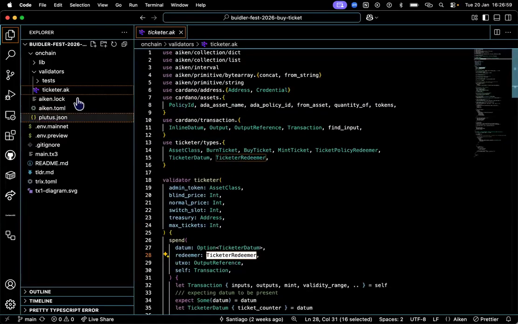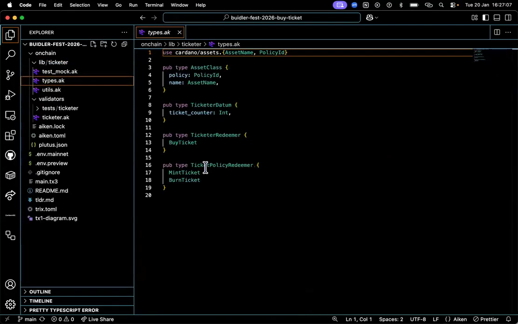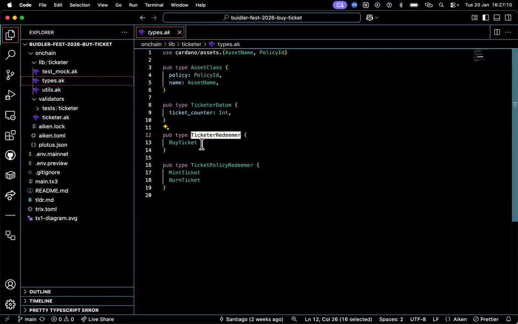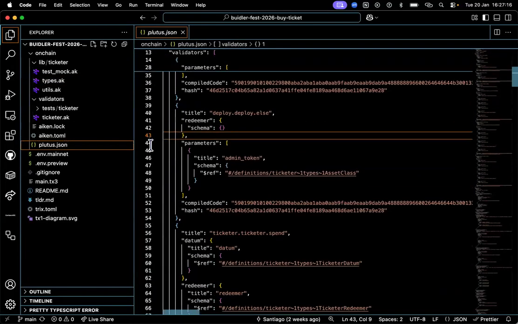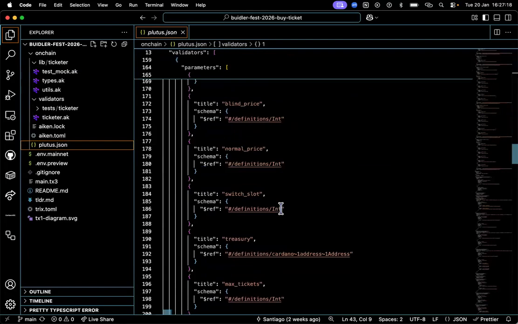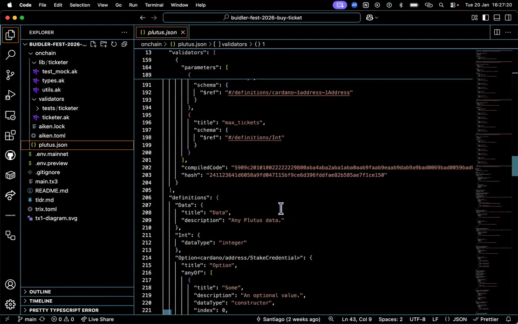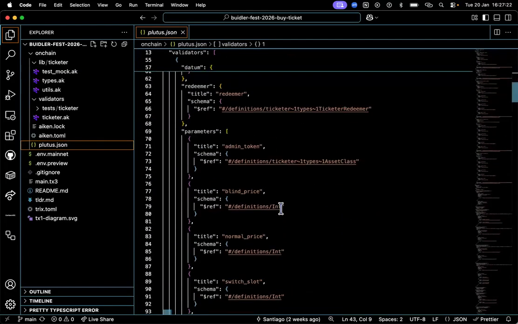Go to the library, lib, right above validators, go to the library, and there are types. If you go to redeemer types, then you'll see the ticket redeemer. It's just one. So the ticket redeemer should still be constructor zero with an empty field. Let's check.